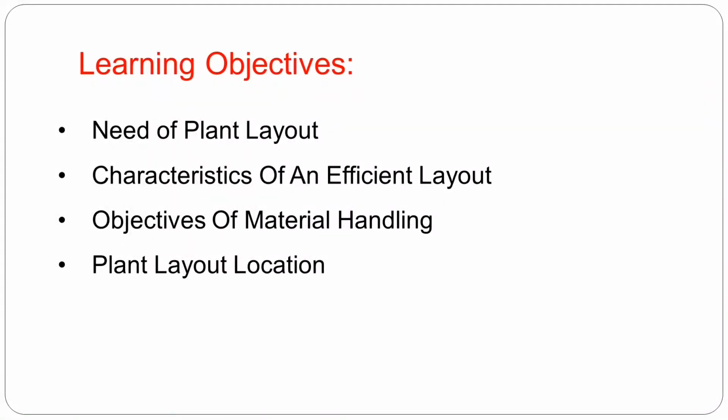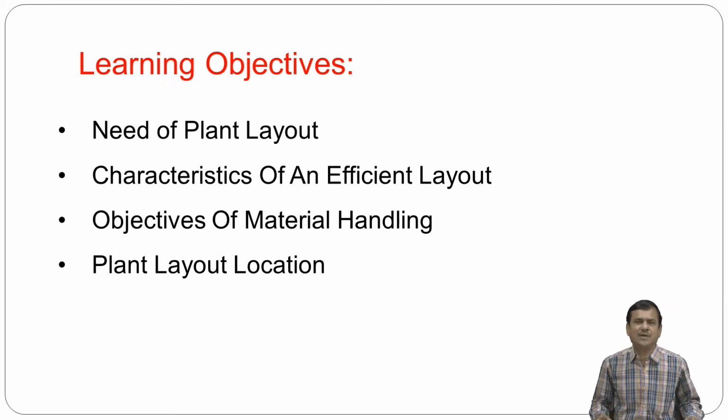This subject comprises 4 blocks in your BBA syllabus. And from those 4 blocks, in this video lecture, we are dealing with block 1, unit 2, that is related with plant location and plant layout. There is a close connection with these 2 words, plant location and plant layout, with production management or operation management.